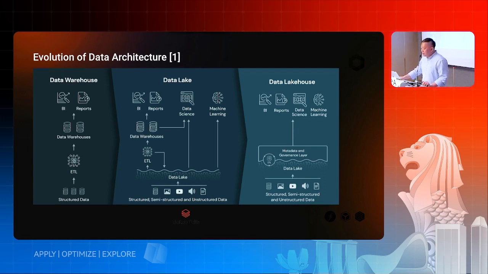Databricks have another part on top of it. It's called the data lakehouse, but what it really means is that they have a metadata and governance layer on top of it. There's another paradigm called, I think, data mesh, and one more, but I'm not going to talk about the fourth one today. Today we're going to focus on data mesh and the evolution from data warehouse, data lake to data mesh.